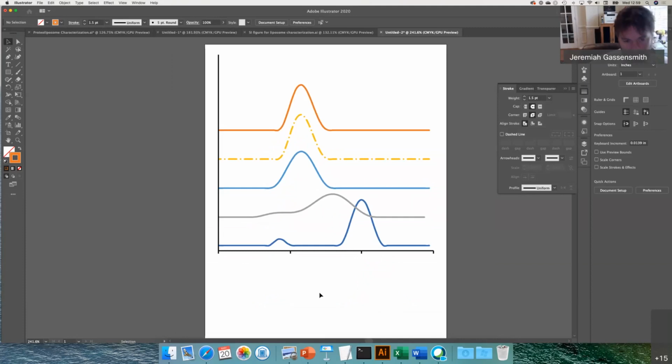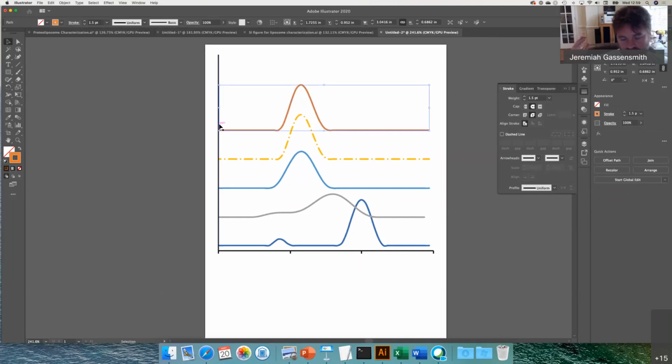A color has to make sense and it has to be consistent. If this is your proteoliposome with nothing done to it and nothing in it, and it is orange in this figure, then in every other figure it needs to be orange. It has to be consistent. Colors are not just to make your figure look pretty, they are part of the story. If you're doing something that involves Fitzy, you really need to pick a shade of green. Don't pick green, pick olive, pick forest, pick one of the sort of